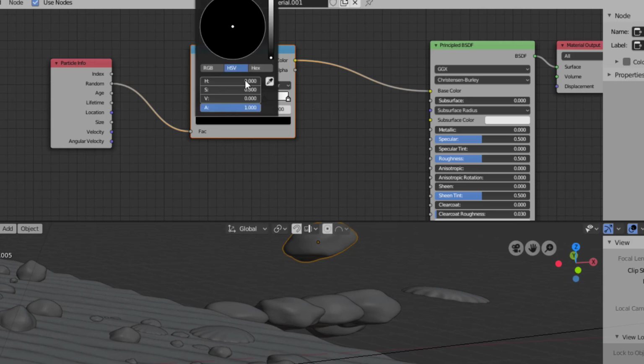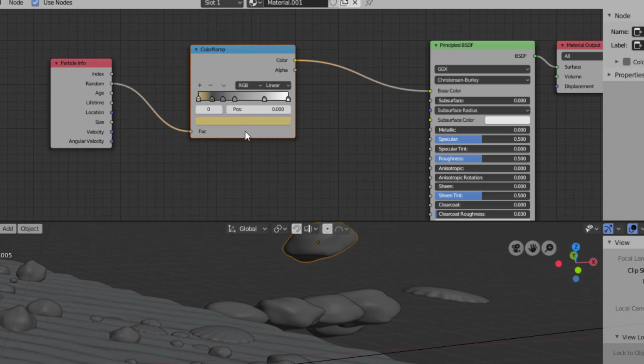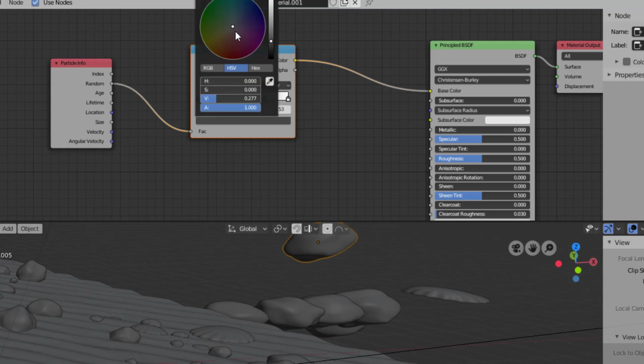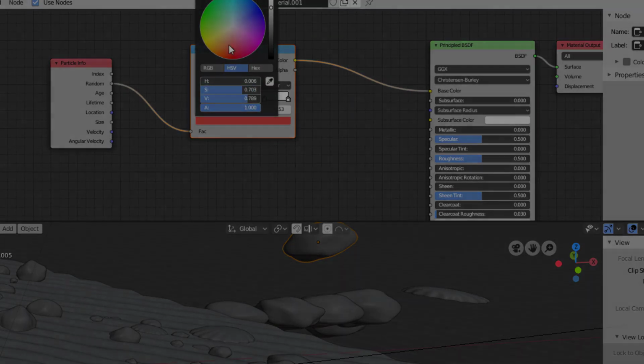So take one of those and I have something, it doesn't matter, as I said before, it's just to show how it works. So I have one that is